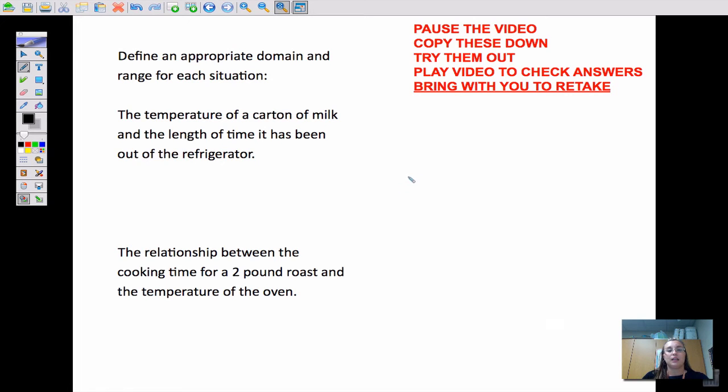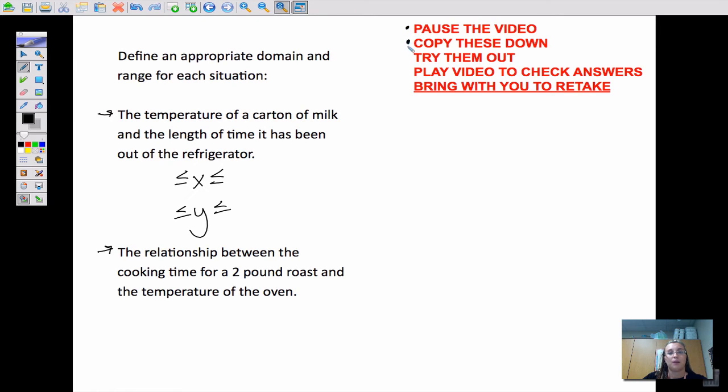This is going to be a little bit less math to figure these out and a little bit more reasoning skills. Okay? So you're going to talk about 2 different situations, and you're going to determine what you think is an appropriate domain and range. And you are going to write them as inequalities. Okay? So you're going to practice doing that. So you're going to pause the video here,